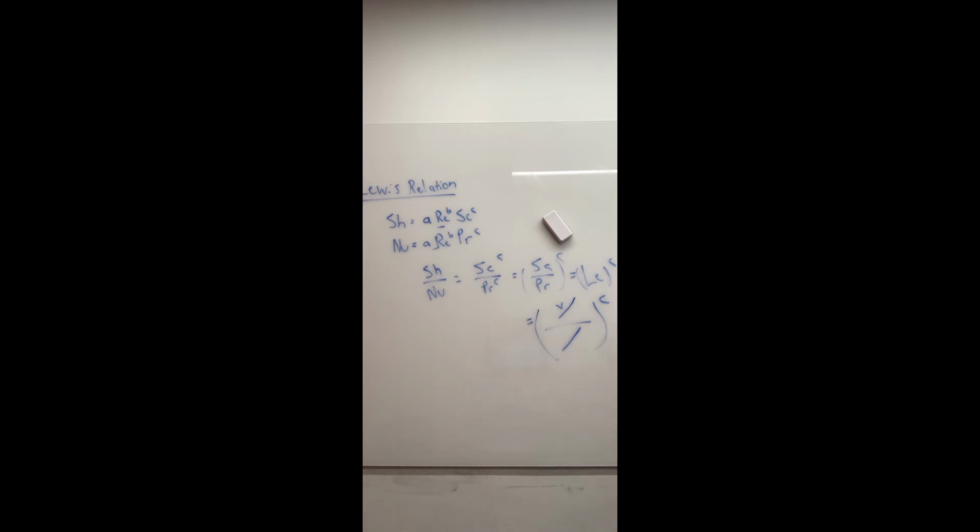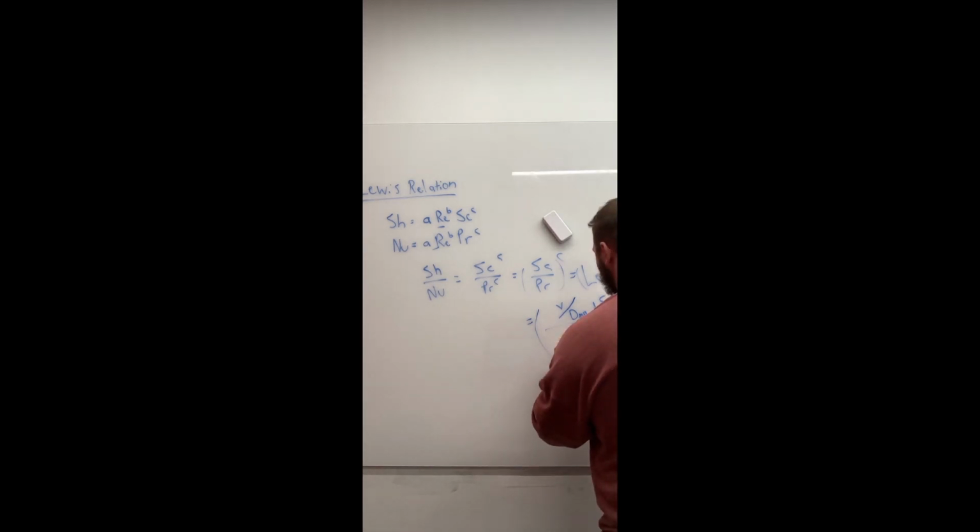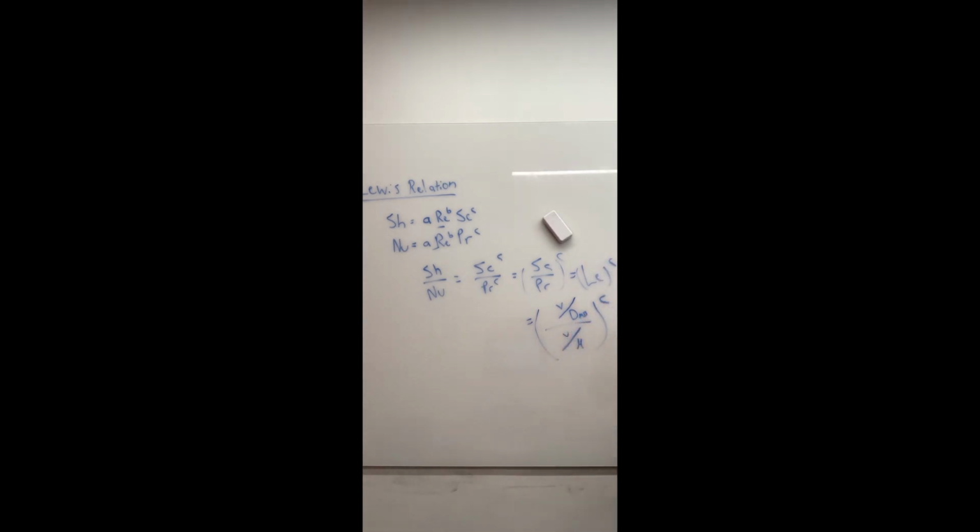It's going to be equal to nu over the diffusivity coefficient, and then the Prandtl number is going to be equal to the same thing over